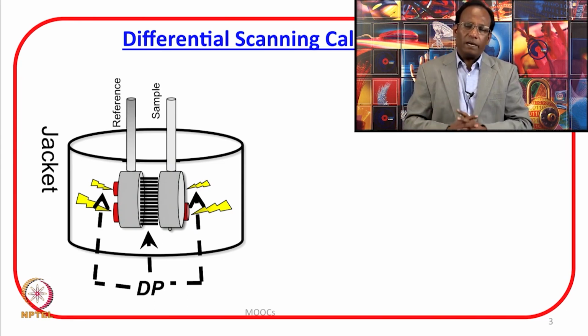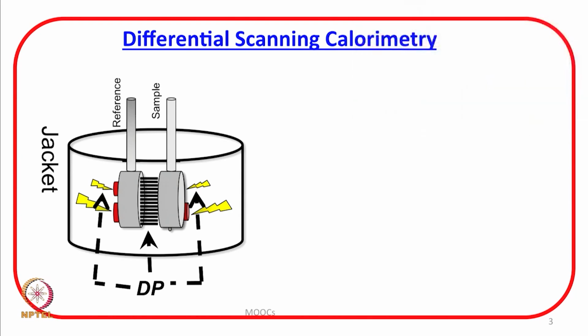Now, let us try to understand why there will be changes in the sample, whether it is a phase change or any other kind of change with temperature. When you take a solid and start heating it, at a certain temperature the solid will melt, and that is a phase transition. But when you take a protein in a solution and